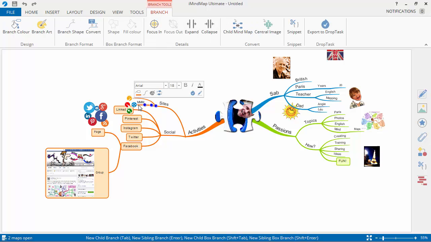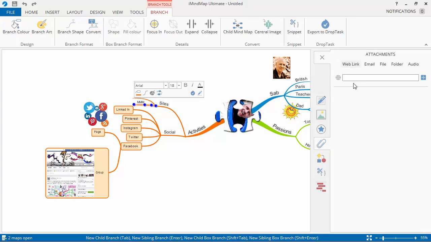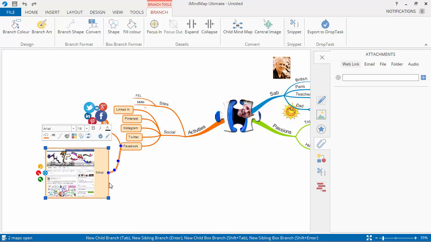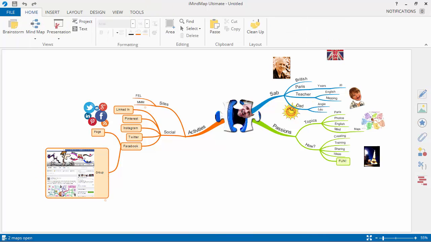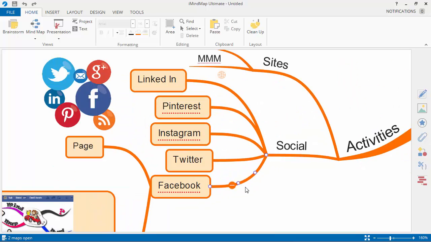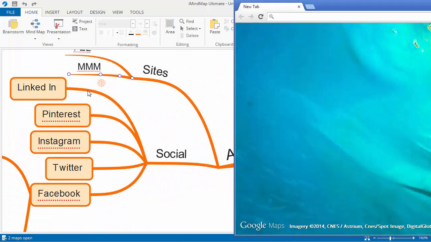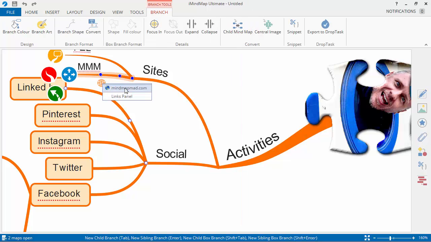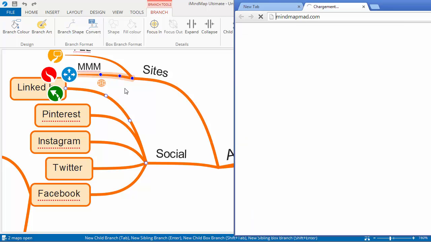MindMap site. So I'll highlight that branch and click on link and put in mindmapmad.com, and here on this one I'll put a link for the group, which is facebook.com/groups/mindmapmad. Let's see how that does. So now theoretically, if I bring in this little browser here, and zoom in a little bit so you can see what I'm doing. If I click on this link, it says, do you want to open that up? You can have more than one link on a branch, so I click on that, and lo and behold,